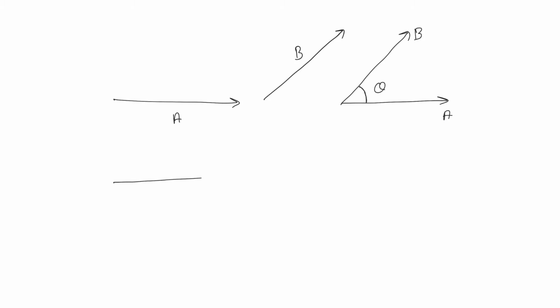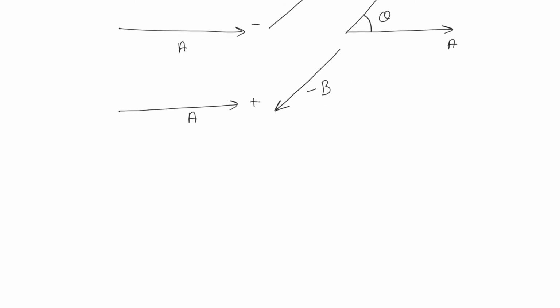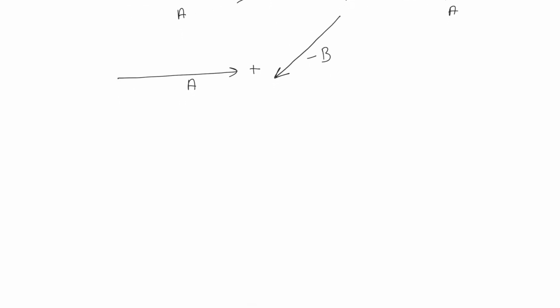So already we discussed that to find out a vector minus b vector, we'll go for a vector plus minus of b vector. Minus of b vector means same magnitude as that of b but in opposite direction. Now we'll add these two vectors by using our triangle law of vector addition. According to triangle law of vector addition, if two vectors represent the sides of a triangle taken in the same order, so this is our a vector and this is minus b vector, then the third side taken in the reverse order will be our resultant vector, which will be equal to a vector minus b vector.